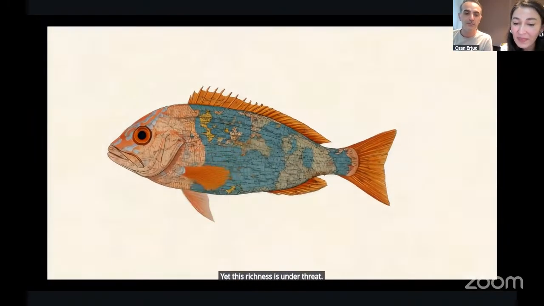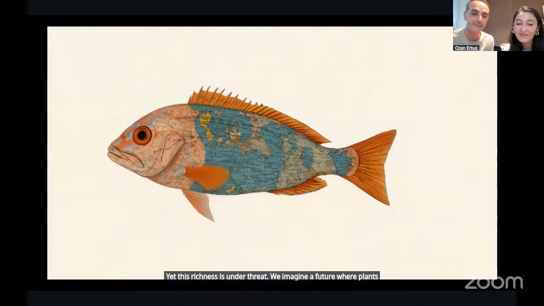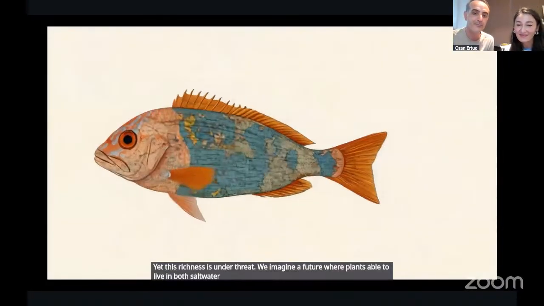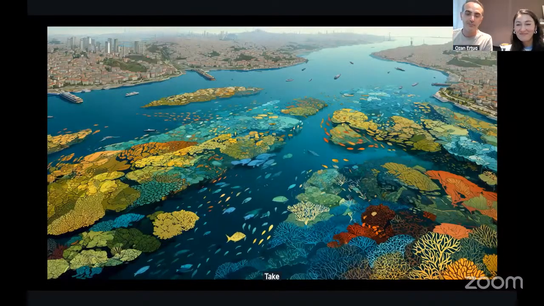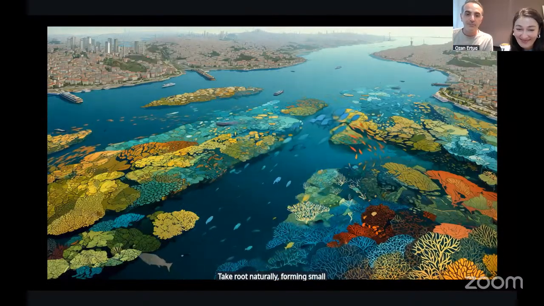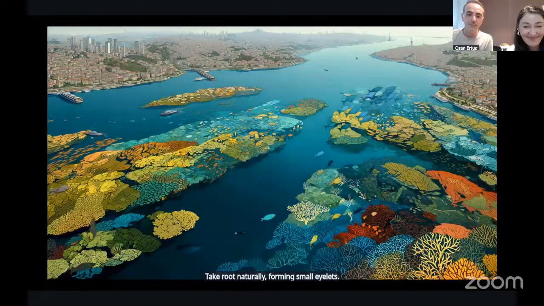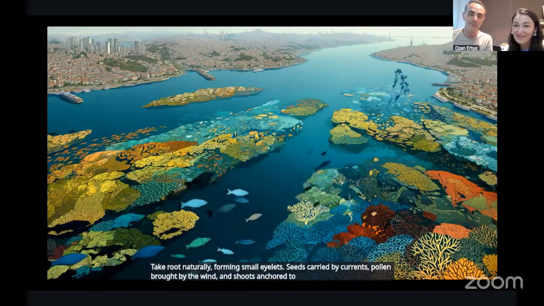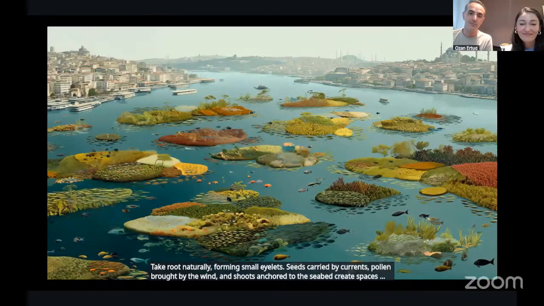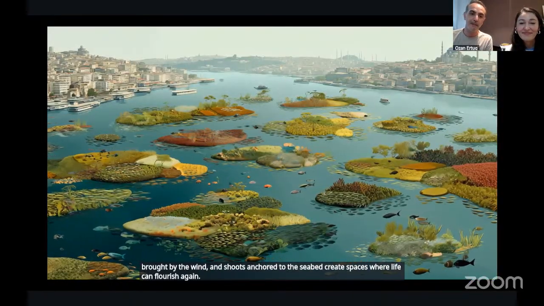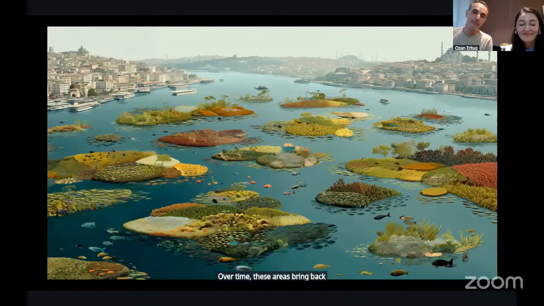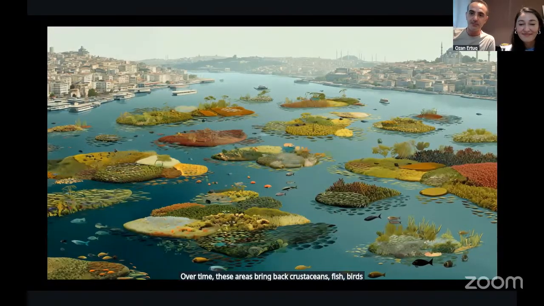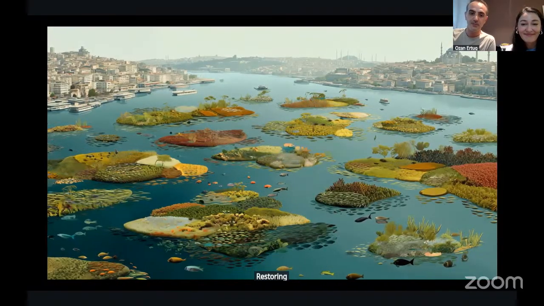We imagine a future where plants able to live in both salt water and fresh water take root naturally, forming small islets. Seeds carried by currents, pollen brought by the wind, and shoots anchored to the seabed create spaces where life can flourish again. Over time, these areas bring back crustaceans, fish, birds, and insects, restoring balance above and below the water.